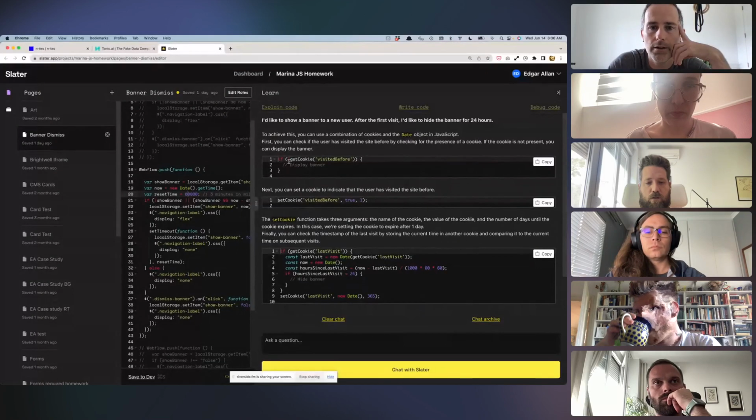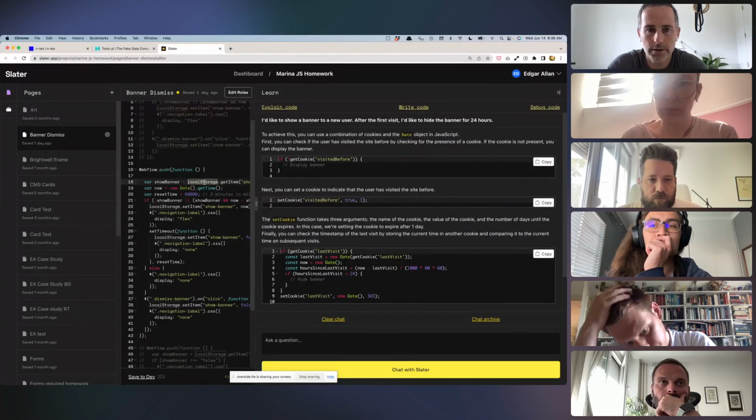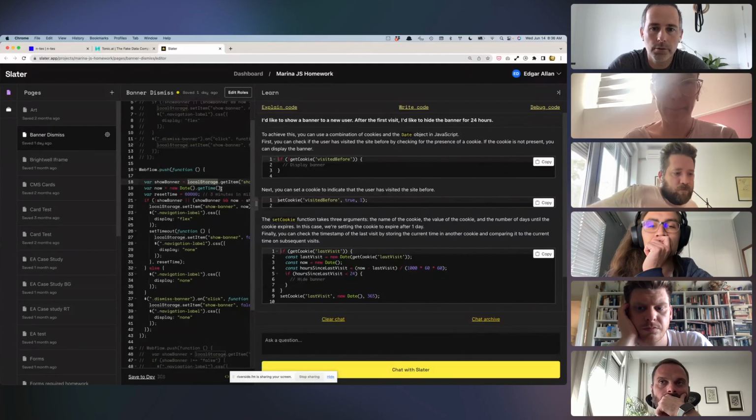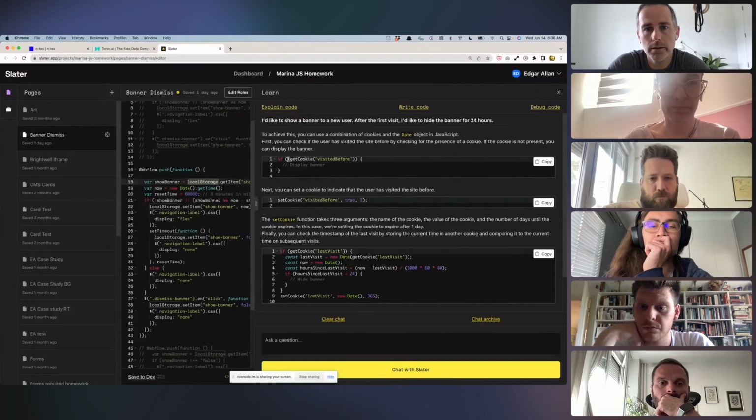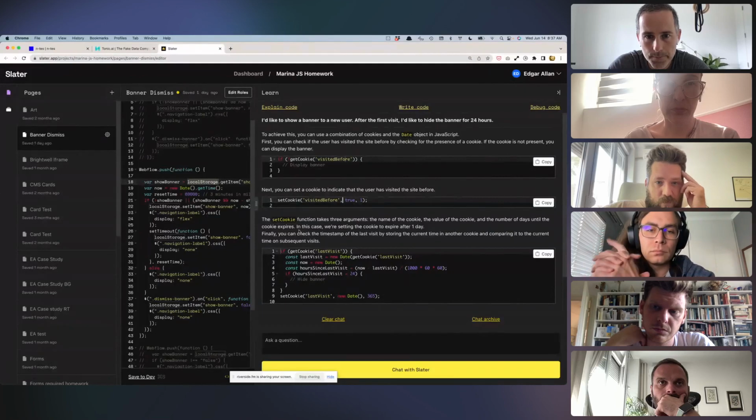Okay, so here it says it is going to use a cookie, which when I saw this problem, the first thing I did is I went to see if local storage has an expiration date, and it does not. And so that's why a cookie is going to be a better tool to do this. So we can get a cookie and use this visited before, and we can also set this cookie. So if cookie last visit,